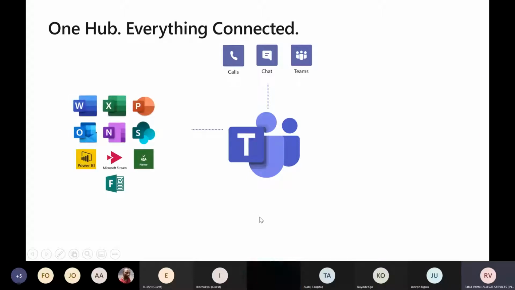Beyond this, we have the immensely familiar O365 product suite, including Word, Excel, PowerPoint, Outlook, OneNote, SharePoint, and stuff like that, which helps us increase our productivity, collaborate, create documentation, maintain records, and stuff like that.